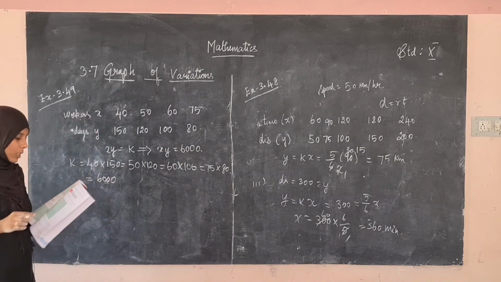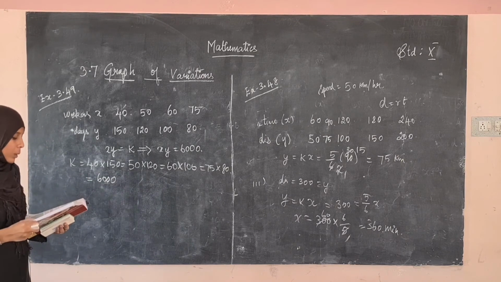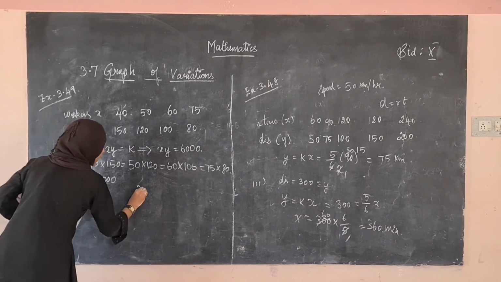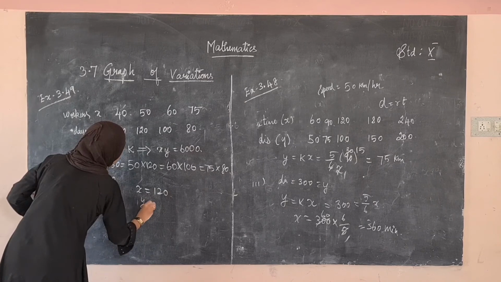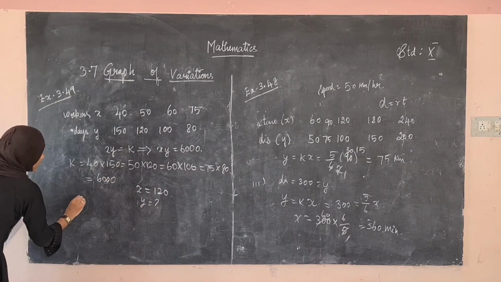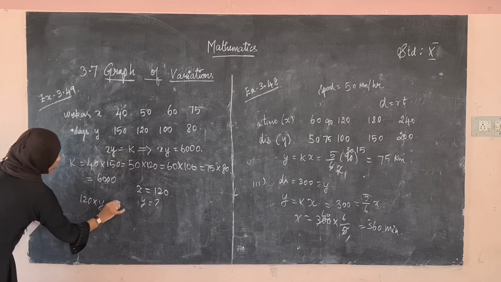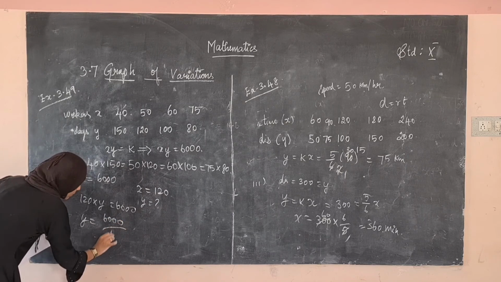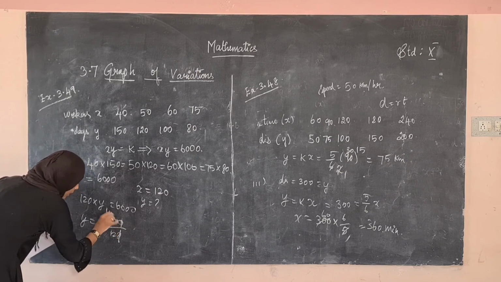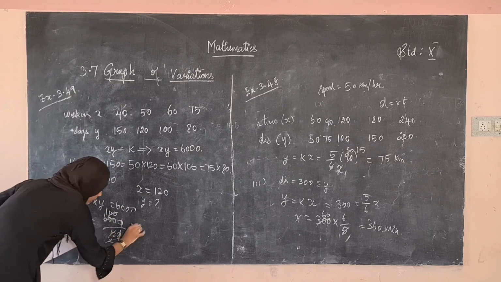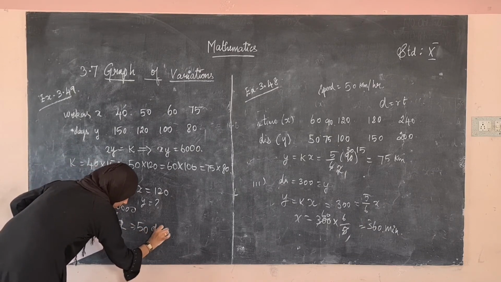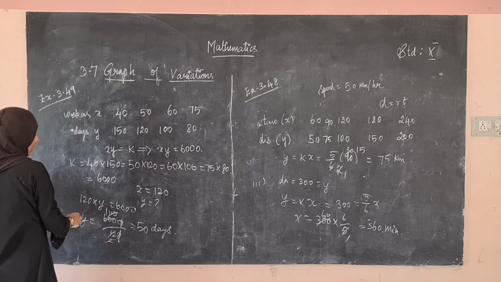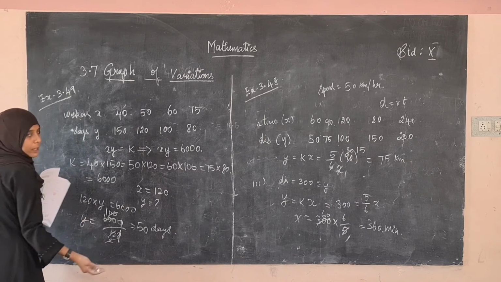Okay, what's the second solution? Find the number of days required to complete the work if the company decides to opt for 120 workers. The workers we have taken as x. So if the value of x is 120, what will be the value of y? We can use this. Okay, x is 120, 120 into y is equal to 6000. So y is equal to 6000 divided by 120, 100 divided by 2, which is equal to 50 days. Right, y is the number of days, right? So when the workers are increased to 120, the number of days to complete the work is 50 days.